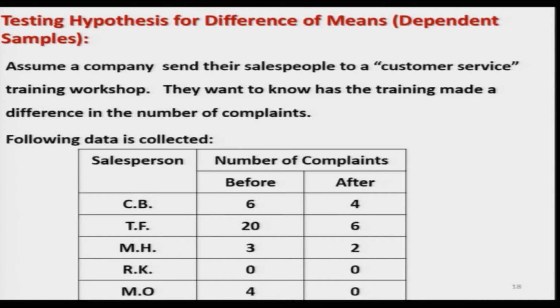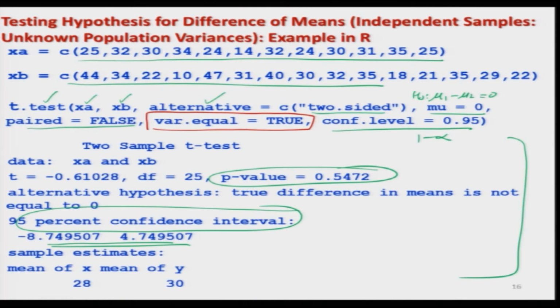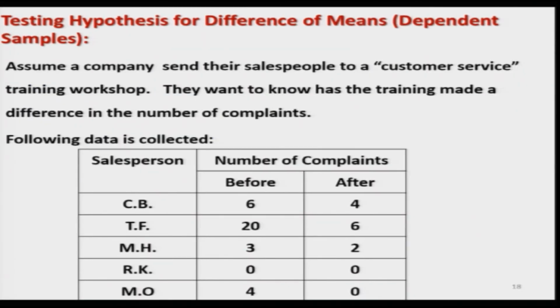Okay, so now this was about the t-test when the variances are unknown, but we have imposed a condition that the variances are equal. Now, in case you have a condition that the variances are not equal, my suggestion is simply that you use this option in the command, and give var.equal equal to false, and that will use the concept from the Fisher-Behrens problem, and it will give you the outcome, right. There is no issue. But anyway, I am not going to talk here about the Fisher-Behrens problem and the related details.